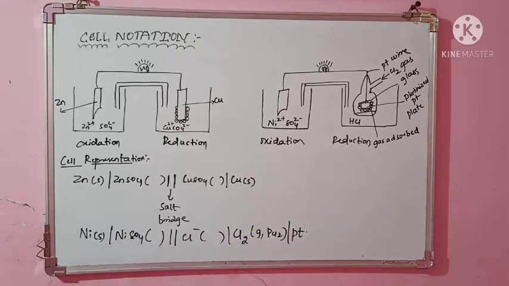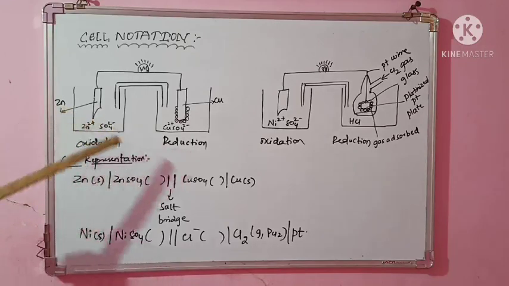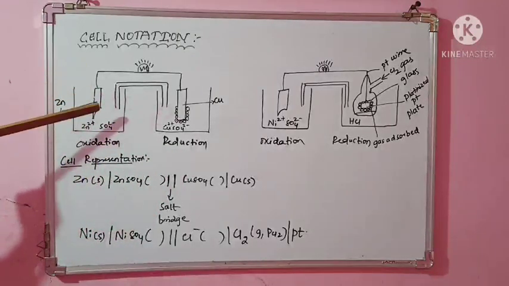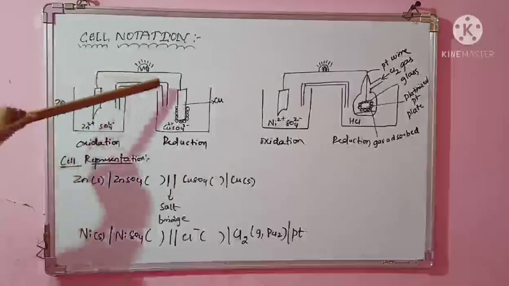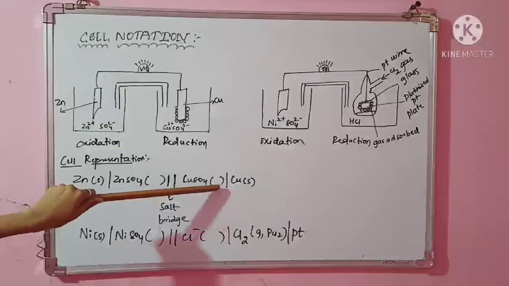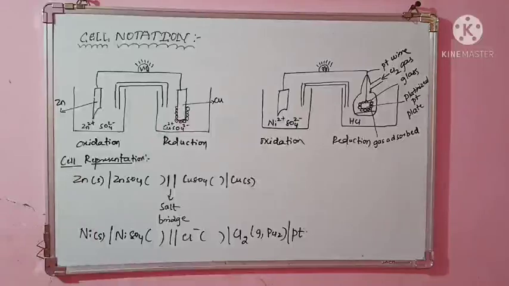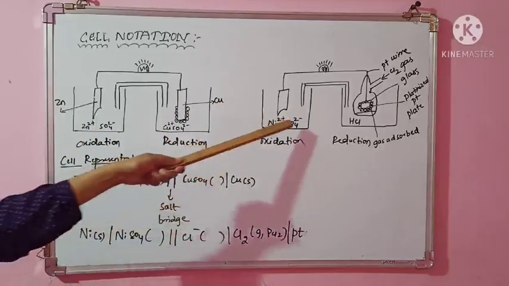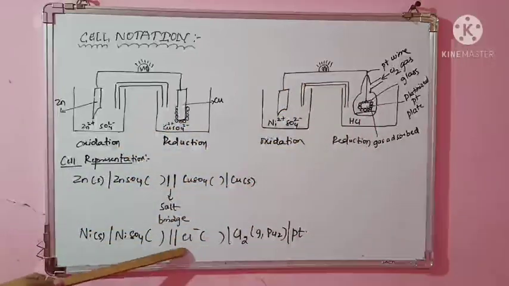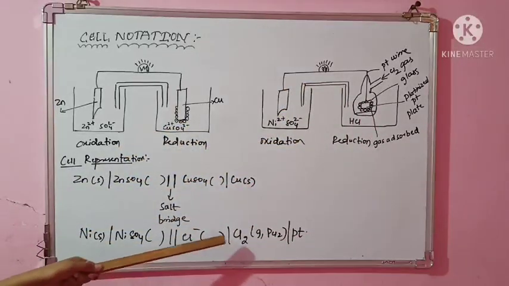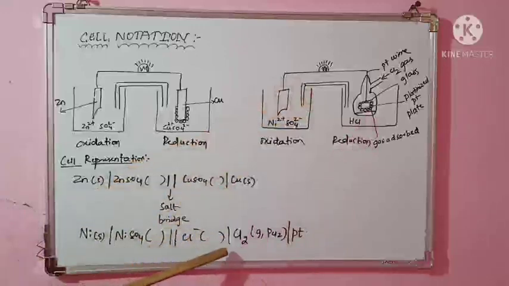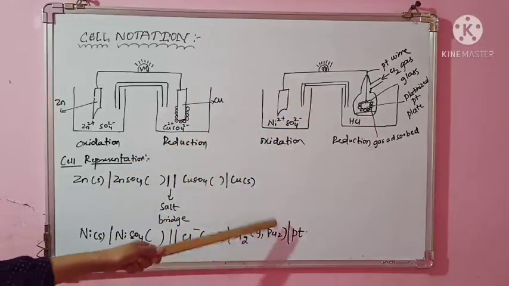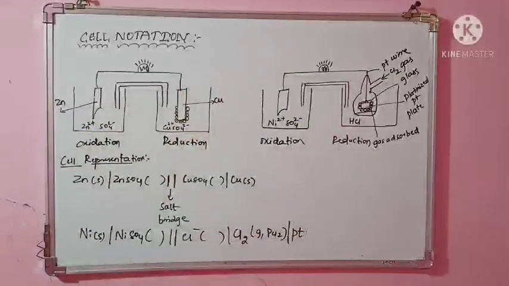So I hope cell notation is clear. Just like when two metals are used, what do you write? Metal electrode, zinc, solution, concentration, salt bridge, solution, then concentration, then metal. Clear? Here also from left to right only you have to go. First, nickel electrode, its solution is nickel sulfate. It will have concentration, salt bridge. Again, this salt bridge is in connection with Cl minus ion. It will have concentration, but that is in contact with the chlorine gas, which has a certain pressure. And which is again in contact with your platinum wire.